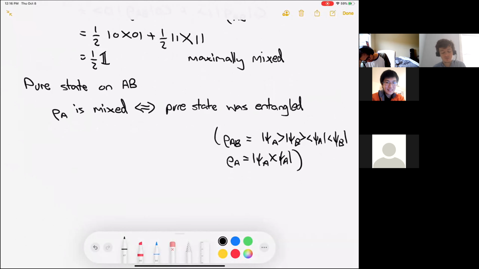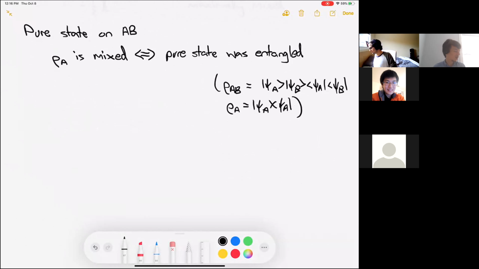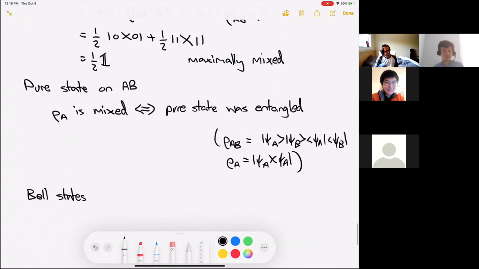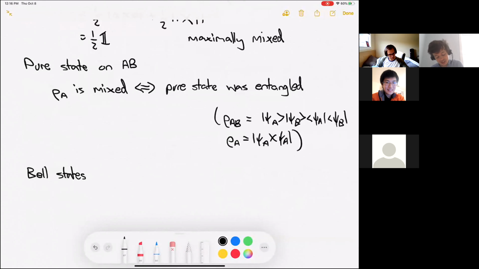A nice thing about this formalism is that it makes clear how important it is to be able to think about mixed states, because anytime you have the state entangled between two subsystems and you throw one of them away, the resulting state is mixed. Another nice thing is it allows us to start quantifying, at least to some degree, how entangled different states are based on the density matrix that you end up with. In particular, all the Bell states are what's called maximally entangled.